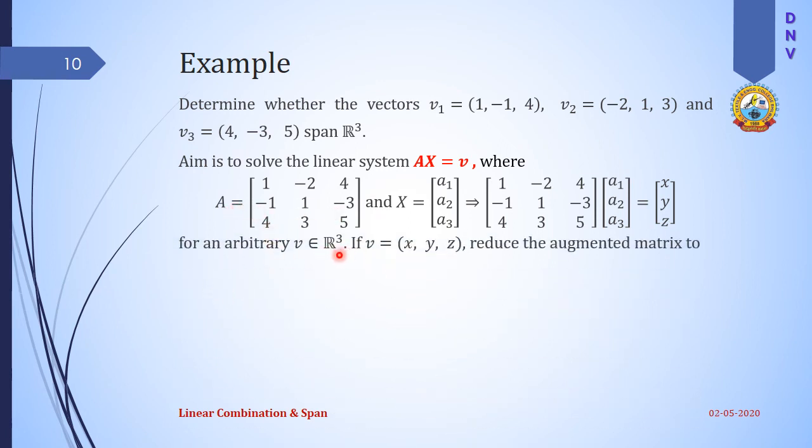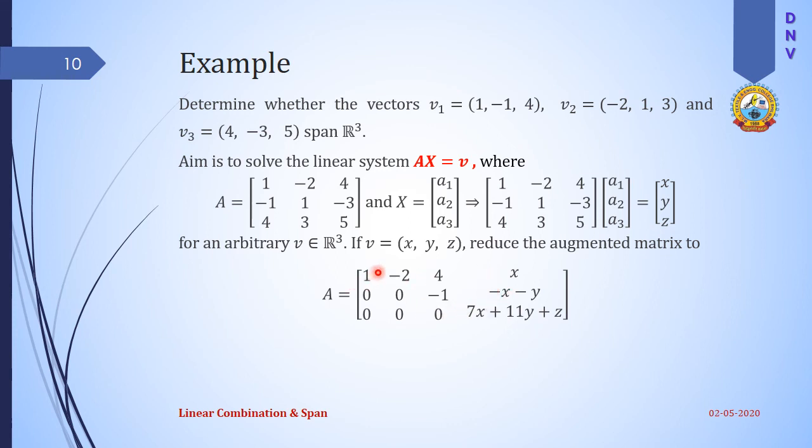So for this arbitrary V in R cube, from the point of view of matrix algebra, we reduce this notation Ax equal to b in terms of the augmented matrix so as to show whether it is consistent or not. So the consistency check is done only with the help of the augmented matrix. So let us see. If we apply some row transformations to this matrix after taking this x, y, z on the right hand side to make it the augmented matrix, I can find these zeros with the help of row transformations.